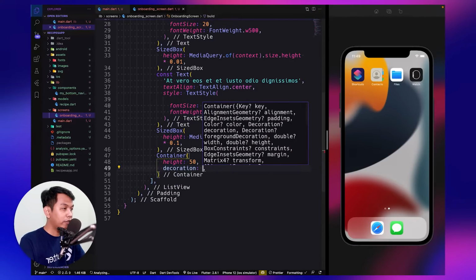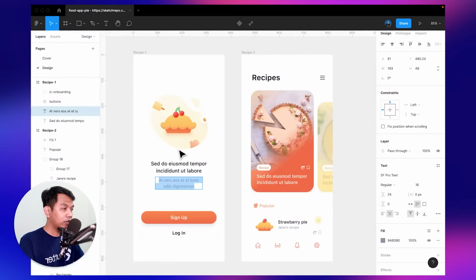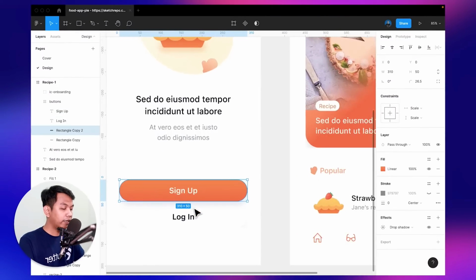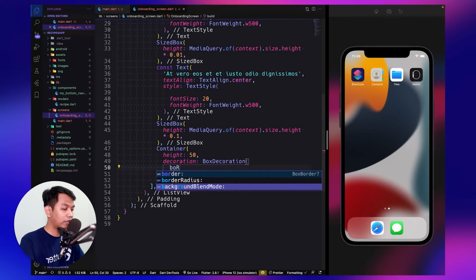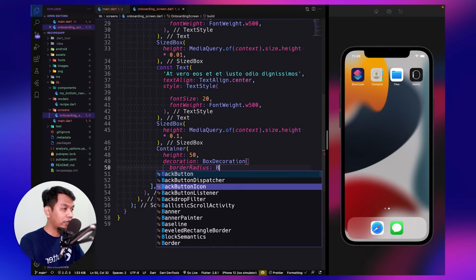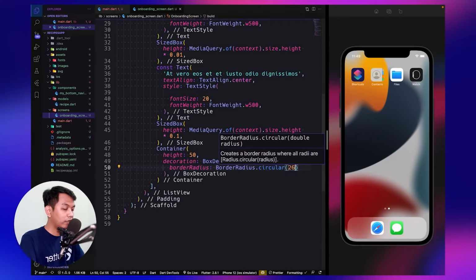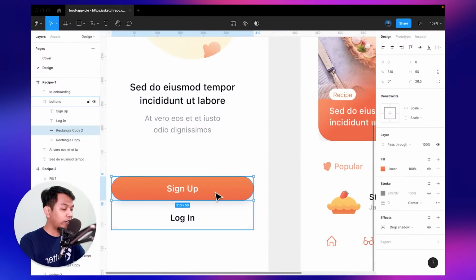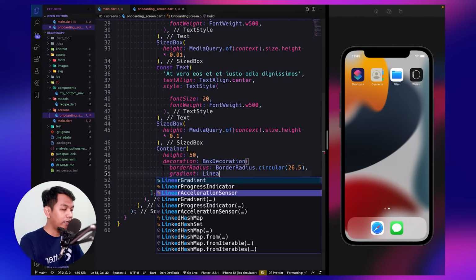And for the decoration we use a BoxDecoration because we will create this button. So in BoxDecoration we say borderRadius, and for the radius BorderRadius.circular we say 26.5.